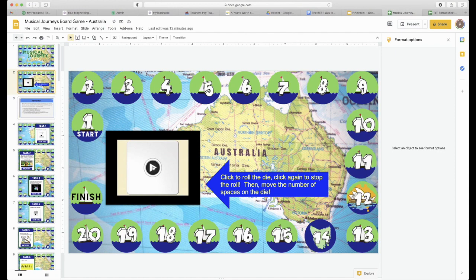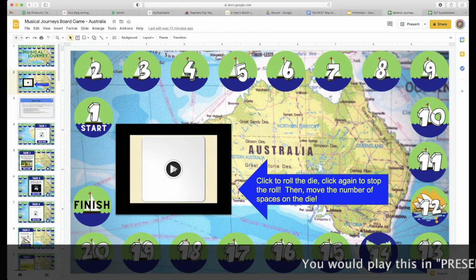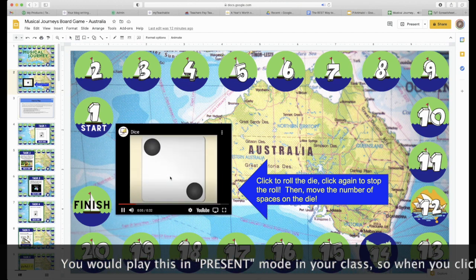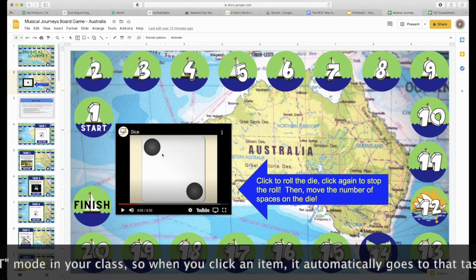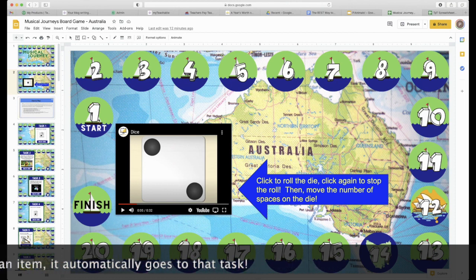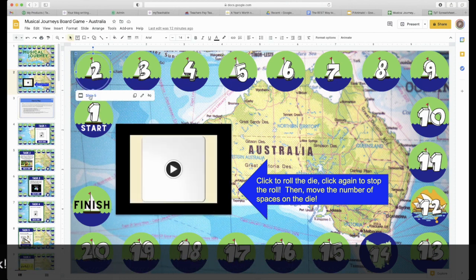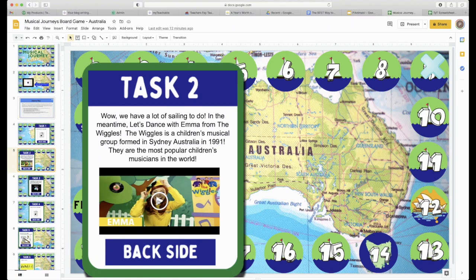So students would roll this die. Now if you are in edit mode, it won't automatically hyperlink. You just click to roll the die and then click to stop, and you would land on 2. So you would go 1, 2, click on the slide. So students would press this,